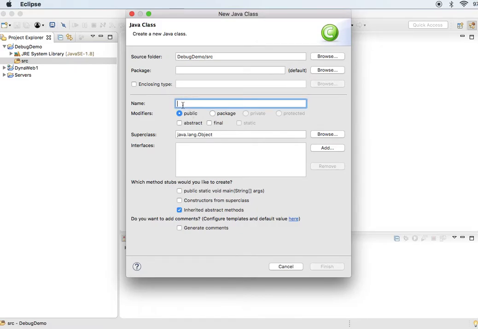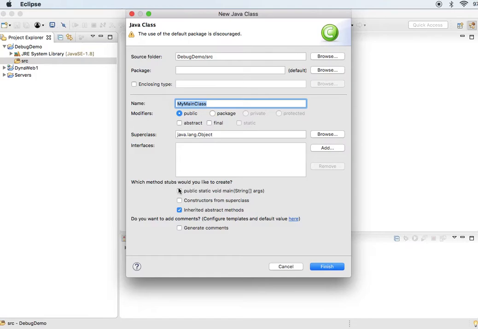Then the most important thing is you have to mention the class name. Suppose I will mention the class name as my main class. Anything you can mention as the class name. Another important thing over here, since I want to keep this main method, which is the starting point of the project. When you run the project, it is always going to start the project from the main method where it exists. Means in this class, which I'm going to name as my main class, it is going to have a main method.